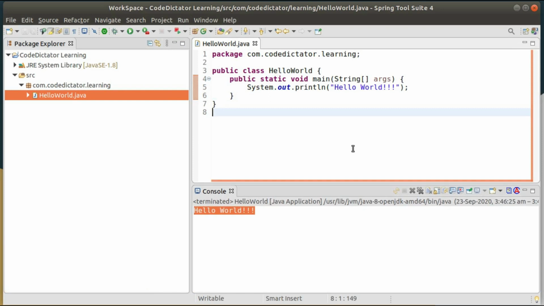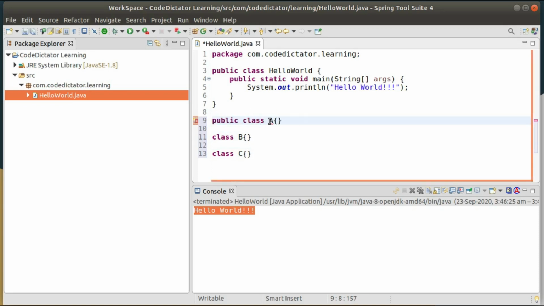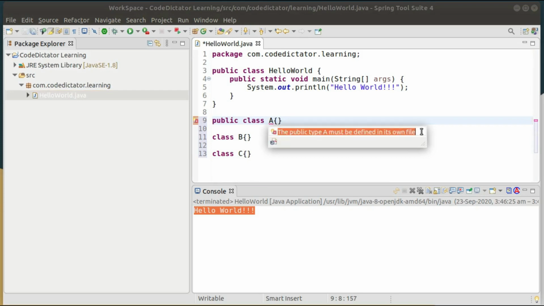hello world. The extra part is, many times the interviewer will ask, can we write n number of classes in the same file? The answer is yes, we can write n number of classes in a single file: class A, class B, class C. But the condition is that we can't declare the other classes as public, otherwise it will give a compile time error: the public type A must be defined in its own file.